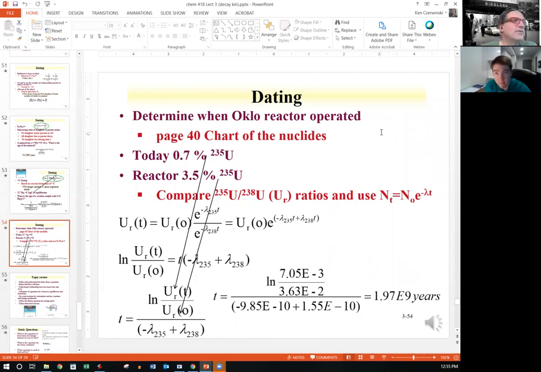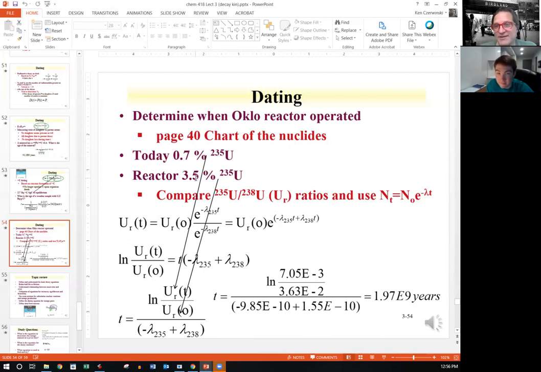Yes. So what this is from: there was a natural reactor that was found. It's just a matter of saying, okay, if I'm going to assume that in order for uranium to go critical, today we have to enrich uranium up to 3.5%. Well, how long ago from today, if the amount of uranium-235 is 0.7%, how long ago was it where the uranium-235 was 3.5%? And the reason we can do this is that the half-life of